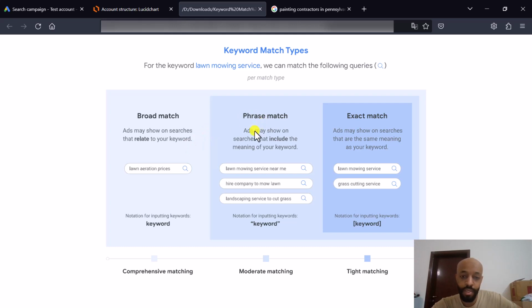And phrase match, ads may show on searches that include the meaning. So if your keyword is lawn mowing service, your ads will show for lawn mowing service near me, hire company to mow lawn, landscaping service to cut grass. But if it's exact match, which is the tightest one, it's going to be as close as possible to what